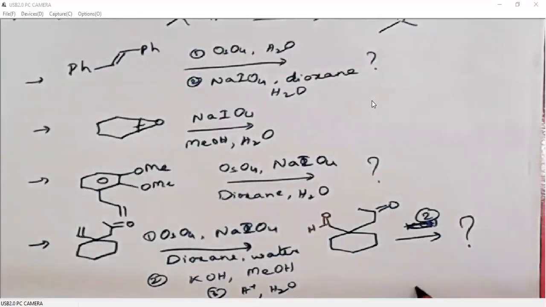So here it undergoes aldol condensation and generates a 5-membered ring.